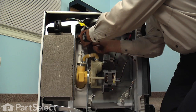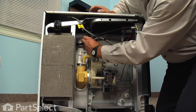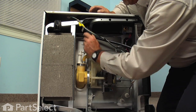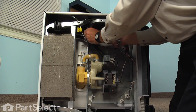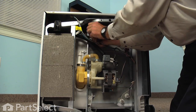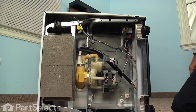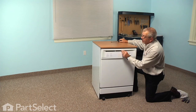And then push the hoses through the wire strap, and push those hoses through that wire strap. And then we'll stand the dishwasher up. Next, we'll open the door,